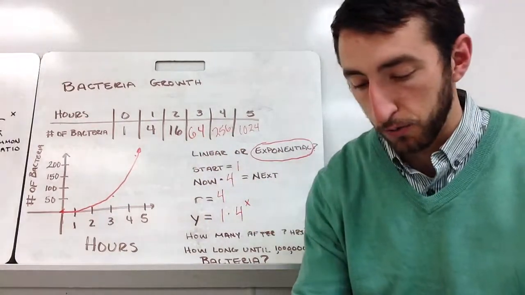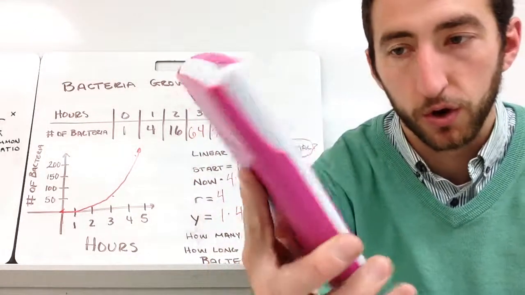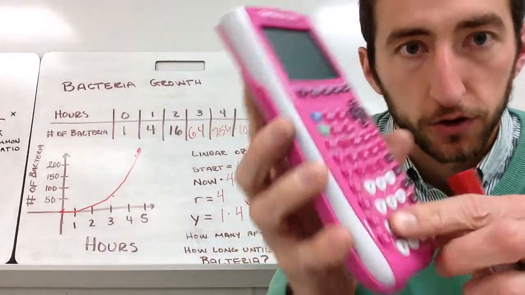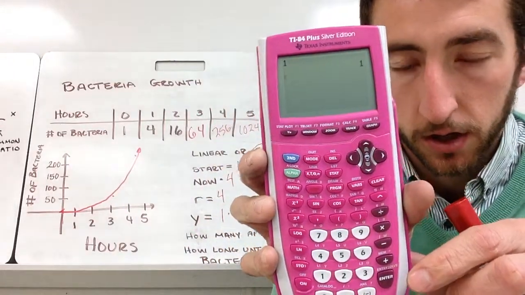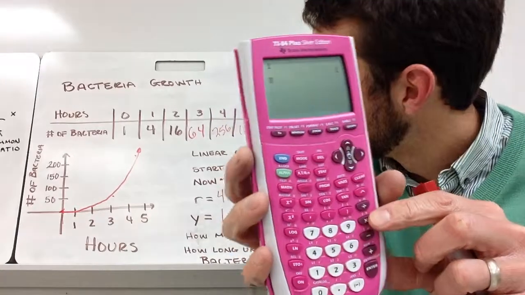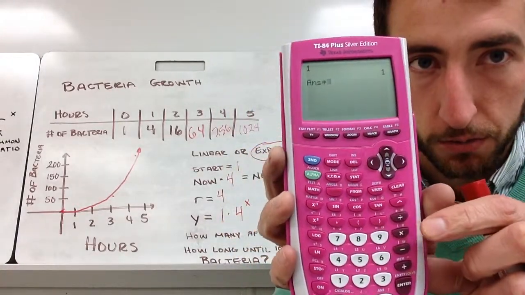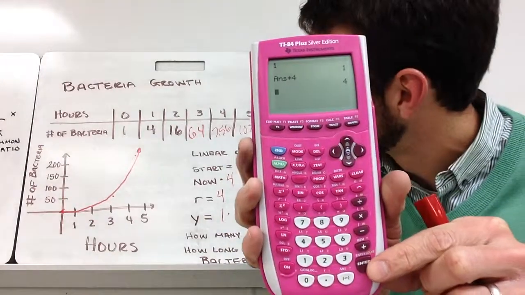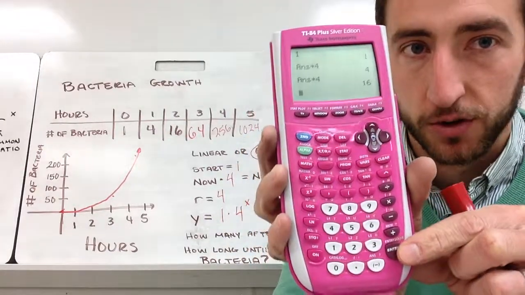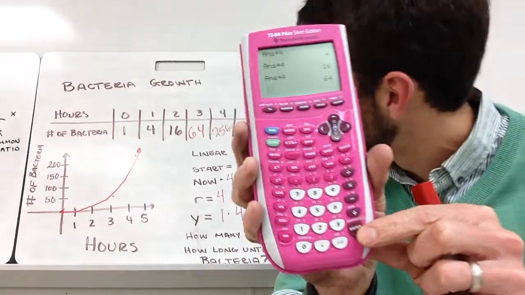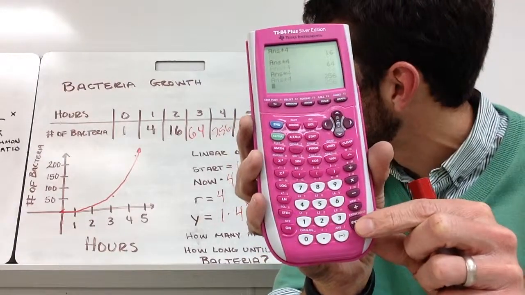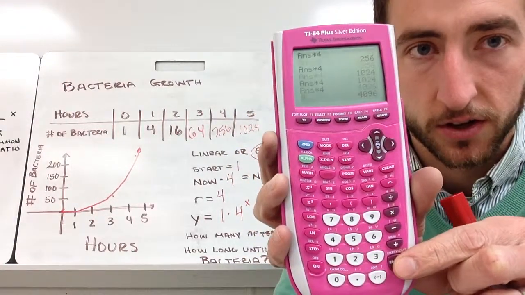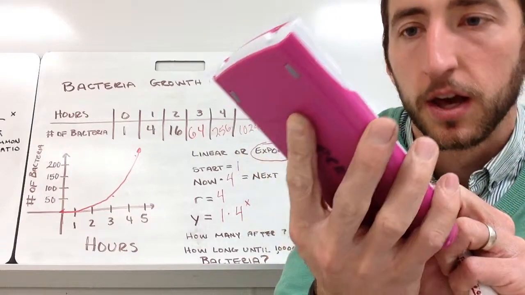So I'm going to start with my 1. Remember, you hit 1. I'm going to clear everything. So you press 1, hit enter, and then remember this is a recursive formula, so we multiply by 4, and then I hit enter, so I get my next term. Then all I have to do now is just keep hitting enter. So I've got to my 3rd term, 4th term, 5th term, 6th term, 7th term, and I'm looking for when